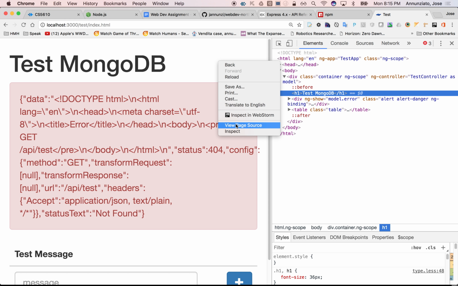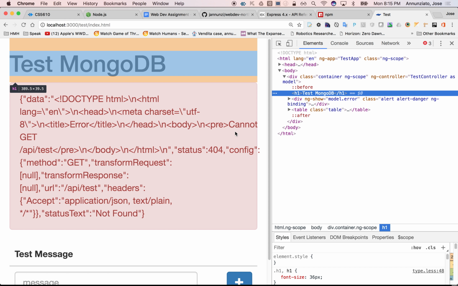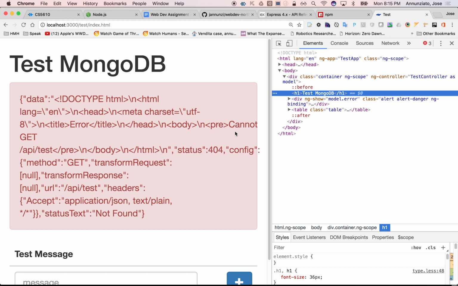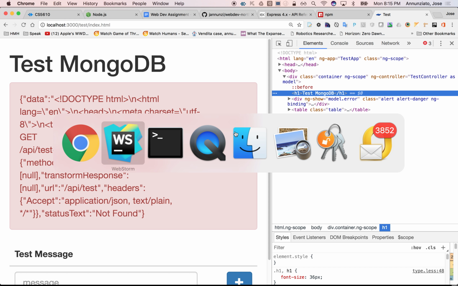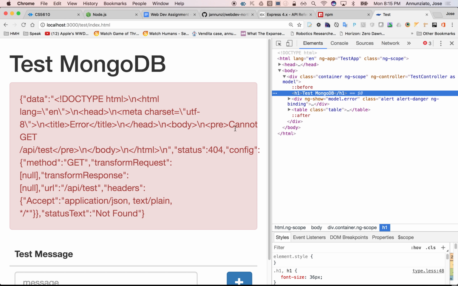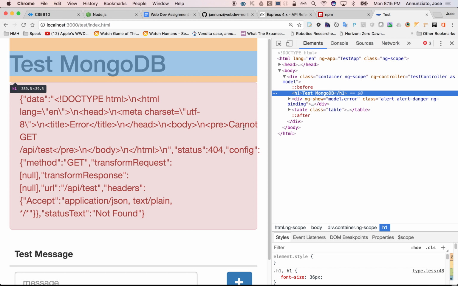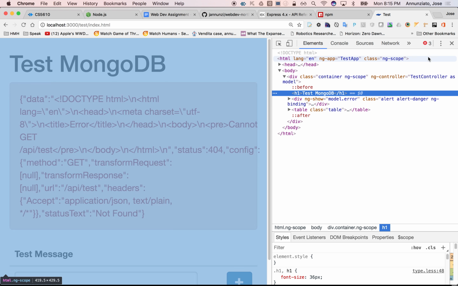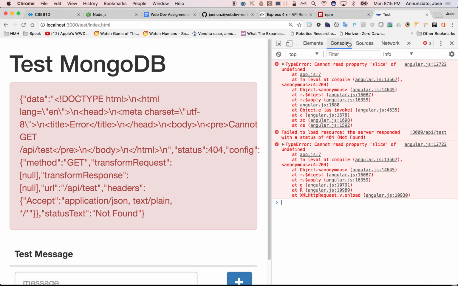This inspect right here is going to be your best friend for the rest of the semester. It allows you to debug your application on the client side, right? The IDE will allow you to debug your application on the server side, okay? The inspect console here will allow you to debug things on the client side and see what's going on. Notice that there's three errors, and it says